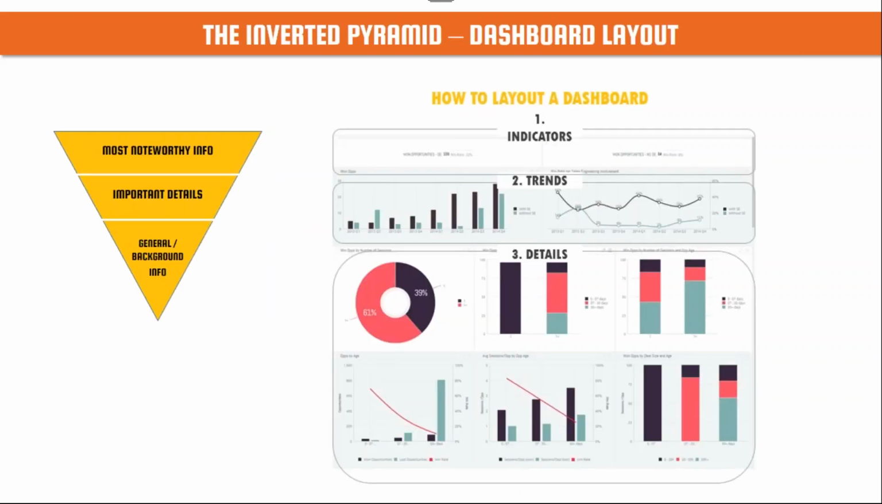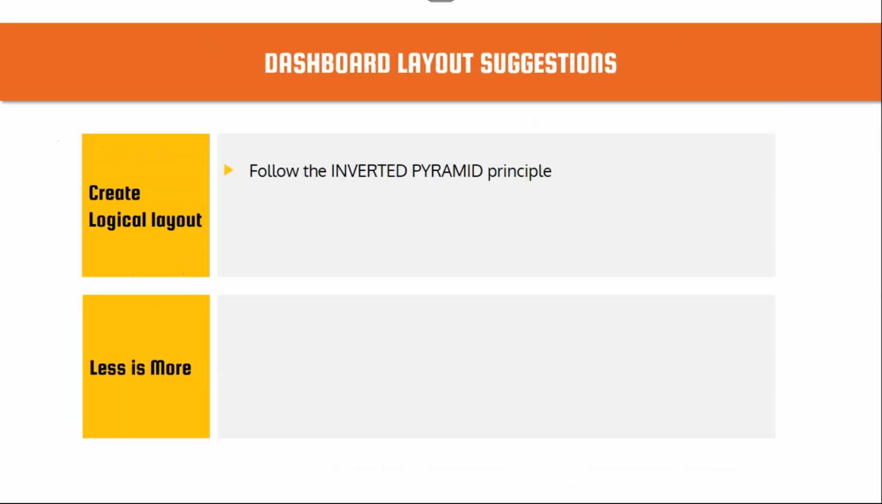data. So if we translate it to a dashboard design, we can say that we will have 3 parts. We'll have the indicators, which are the most significant insights, at the top of the dashboard. Underneath, you will find the trends, and at the bottom of the dashboard, you will have the details. Other principles, and I will shortly demonstrate on the dashboard itself how we did it,